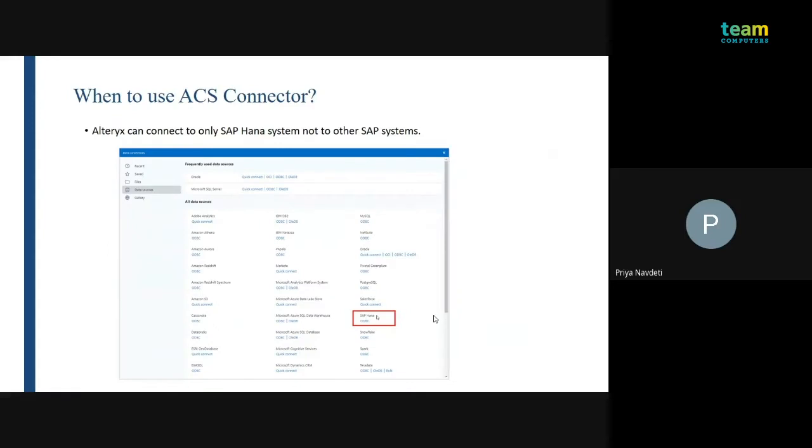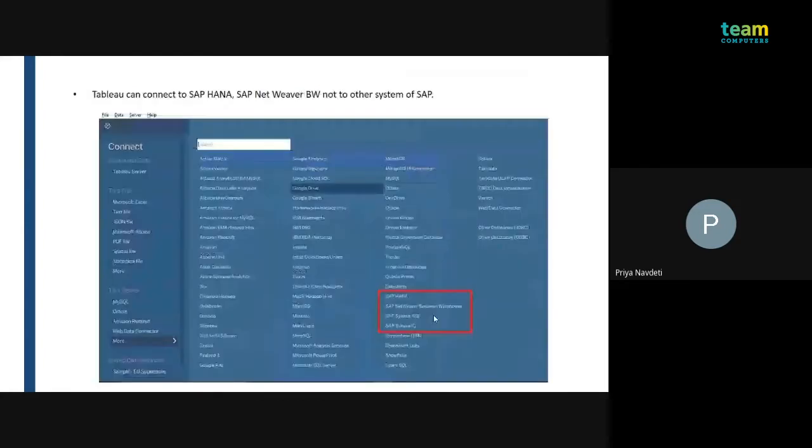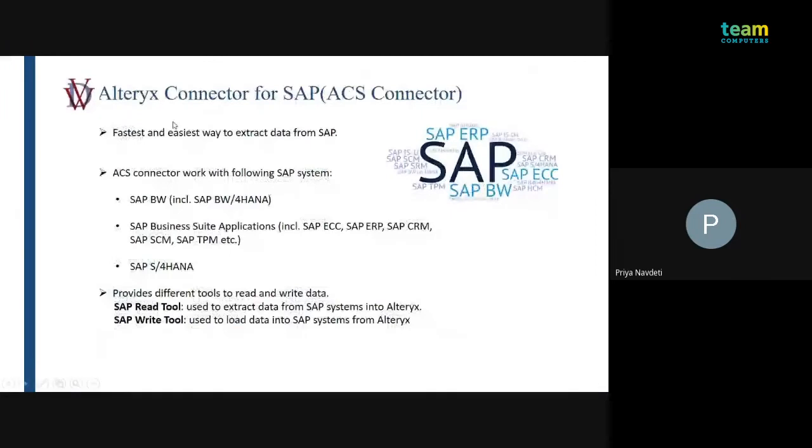In this case, if we want to fetch data from the SAP system, now that I have shown you the example of the SAP ECC system, and we have to pull the data from the SAP ECC system, then in this situation we will use the ACS connector. And if you want to clean the data, then Alteryx will definitely help you more. Like other Alteryx connectors, it helps you extract the data from SAP in the easiest and fastest way.